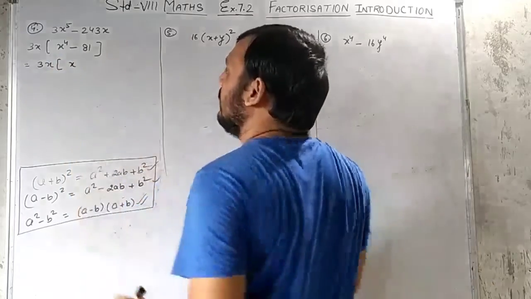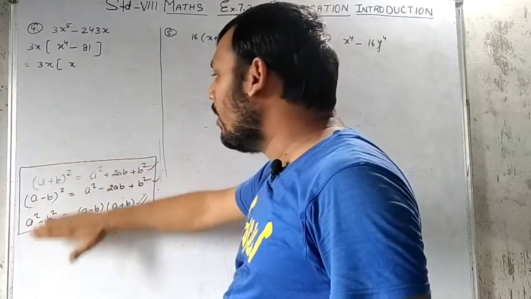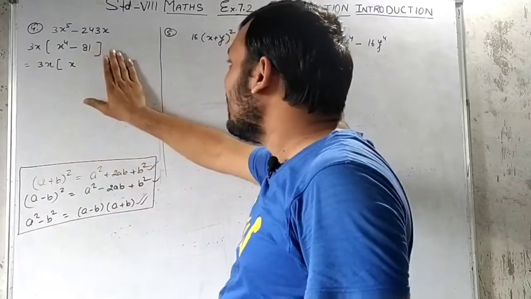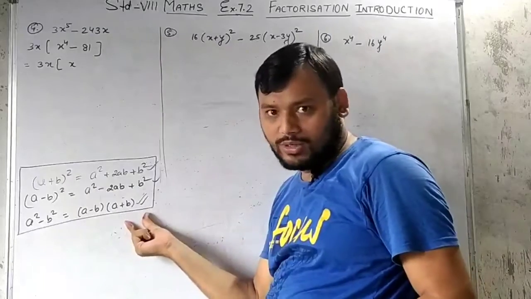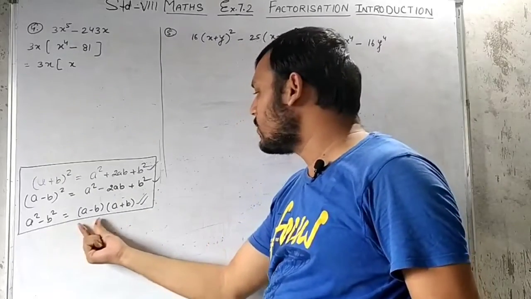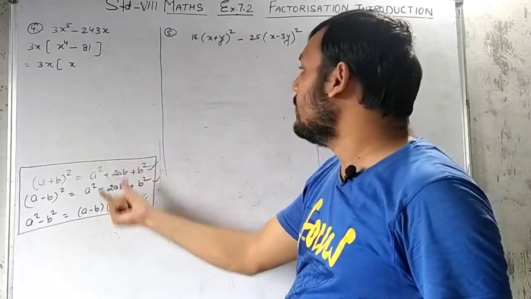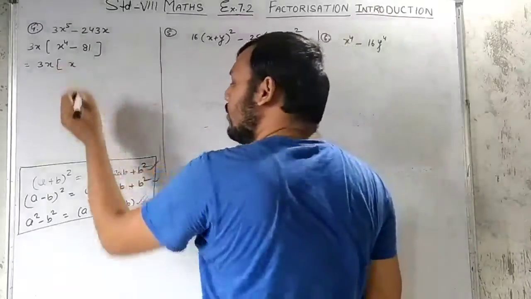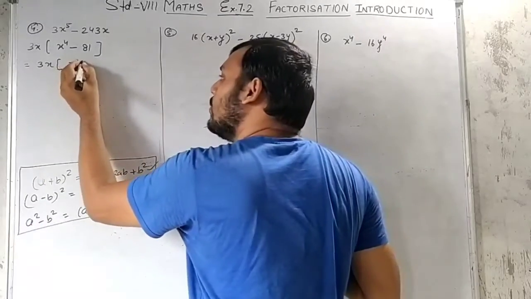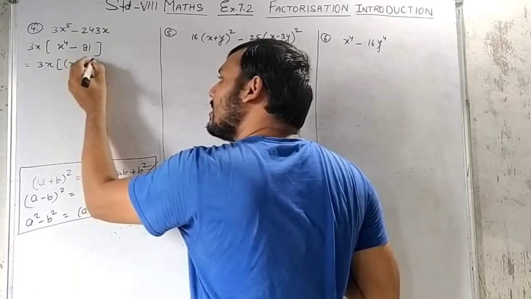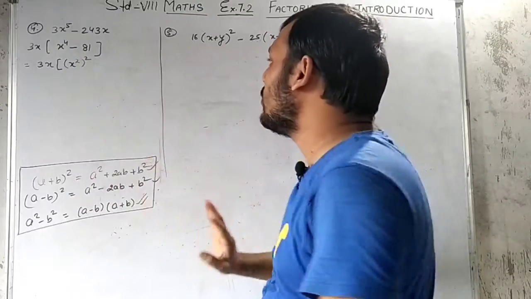This is x raised to 4, but our question is as a square. All the identities are a square, and here in this particular case our identity number 3 will work out. This is a square minus b square is equal to a minus b into a plus b. So this identity will work out here. So we have to make this one as a square. We can write it in such a way: x square whole square, 2 2s are 4, it means x raised to 4.